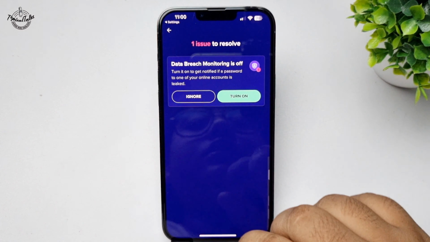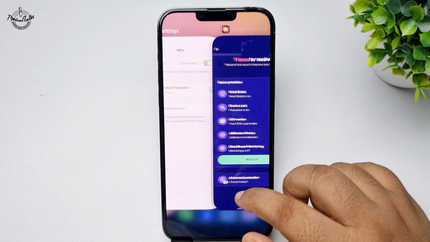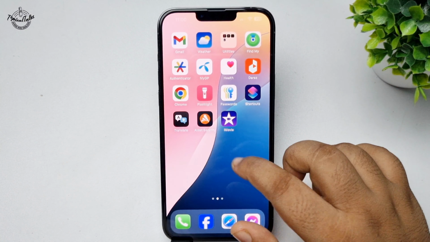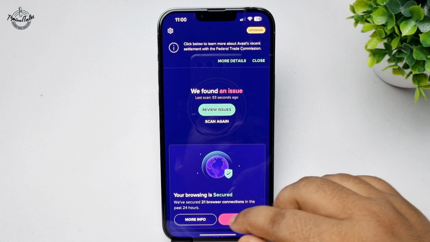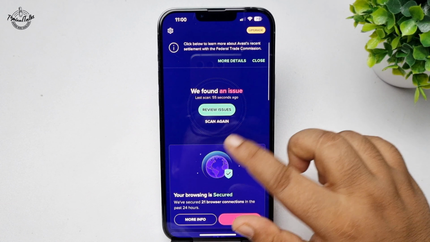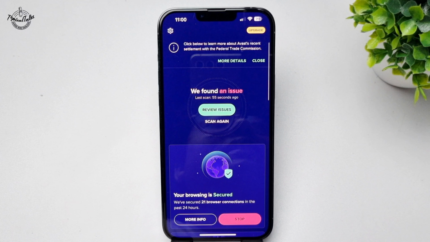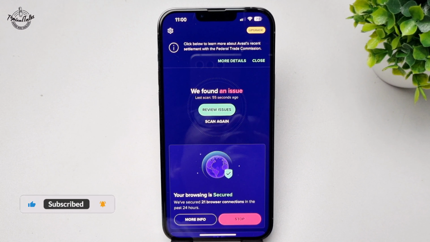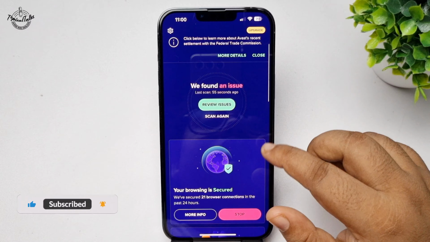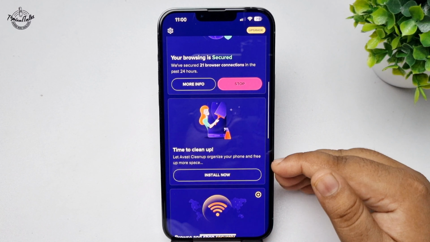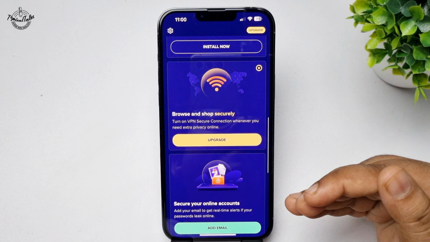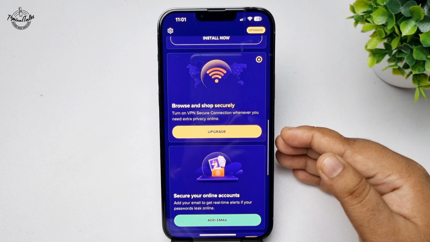the option. So that's how you can daily come to this Avast security app, and you can daily scan your iPhone by tapping on this scan option. And if your iPhone has any error issues or has any virus, then by scanning you will be able to easily find out and delete the virus from